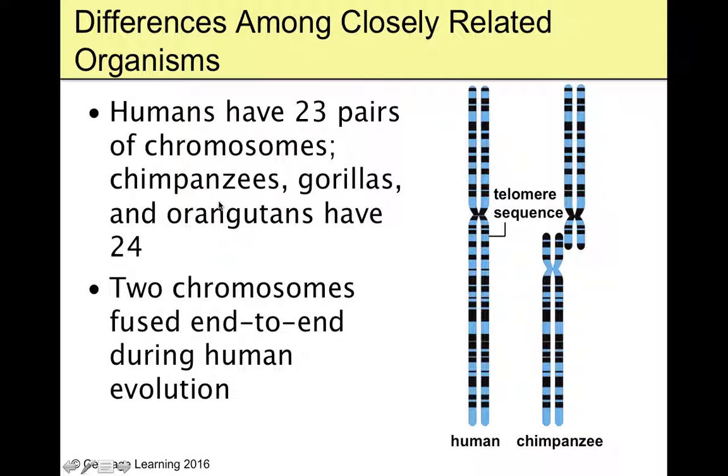And so the idea is, how do we get from 24 chromosomes in chimps, gorillas, and orangutans to 23 in humans? Well, what if we took these 2 chromosomes that look similar with genes that look similar? What if they overlapped and attached to each other here? We would get something that kind of looks similar to what's in humans today. So maybe that happened a long, long time ago and is what branched humans